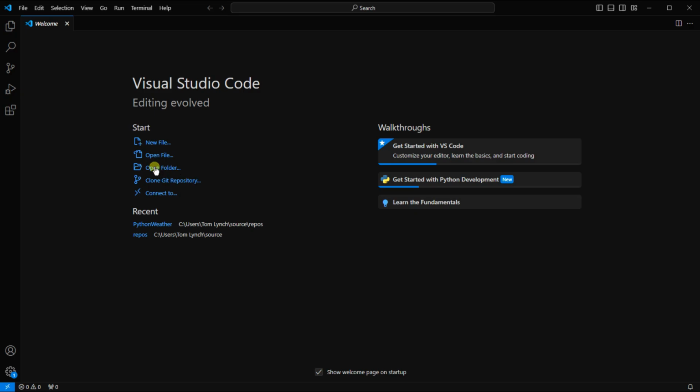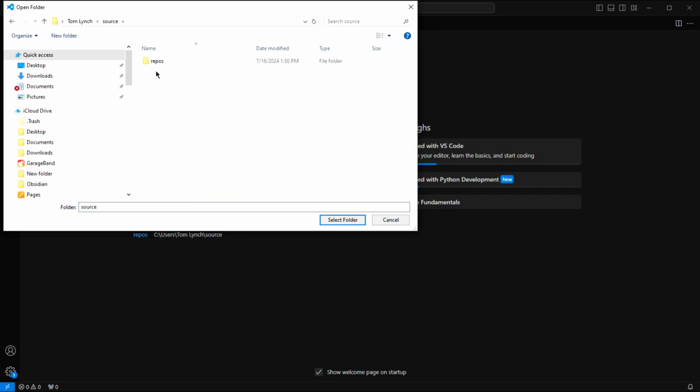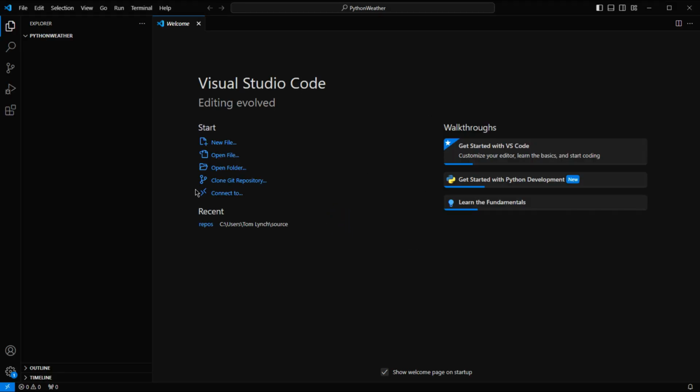Let's go into Visual Studio Code and open that folder I just created. Drill down to it. Now we can see it up there on the left side. We're going to open a terminal now